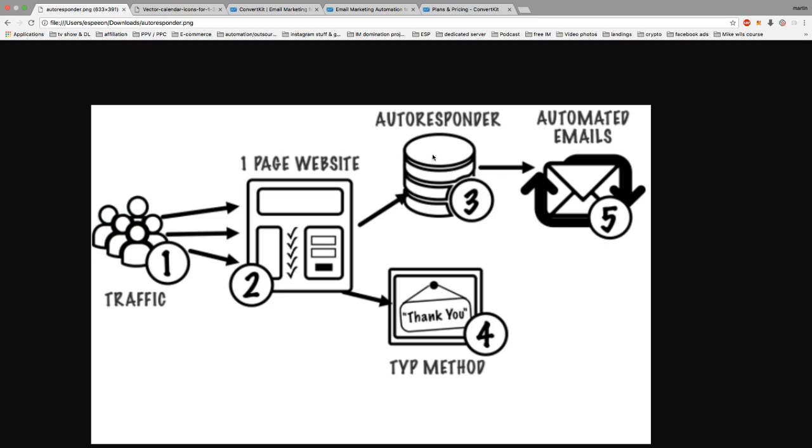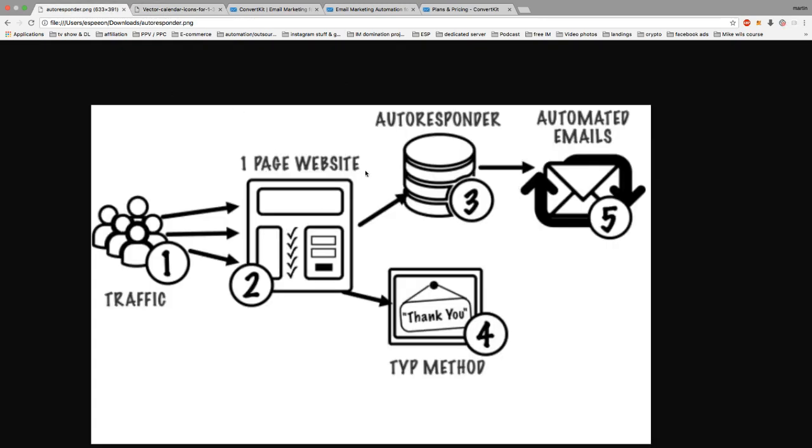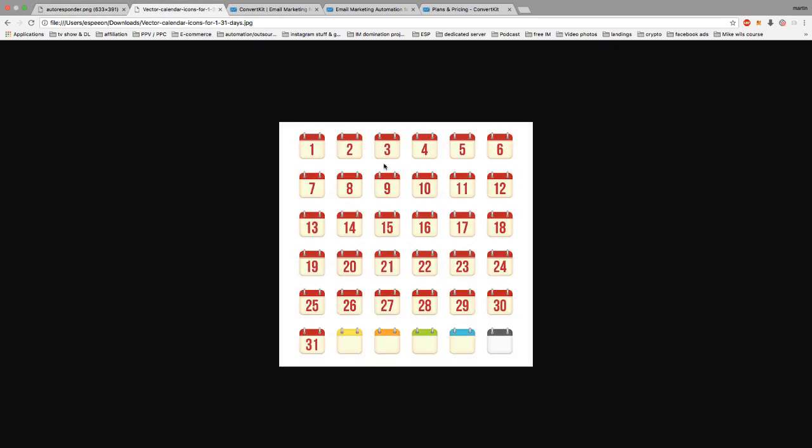All the back-end money is done by this tool, which will be ConvertKit, all right? So what does that look like, for example, if in case it's not clear? You have on your autoresponder a calendar like this, and you'll basically say, when someone signs up on my page and lands on my autoresponder, on day one, I'm going to send them an email